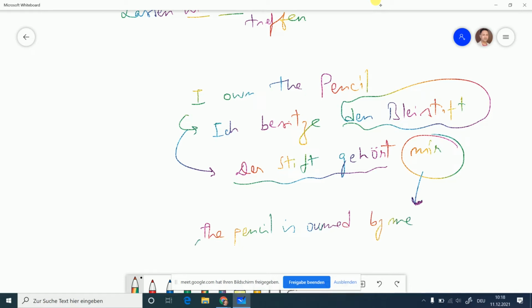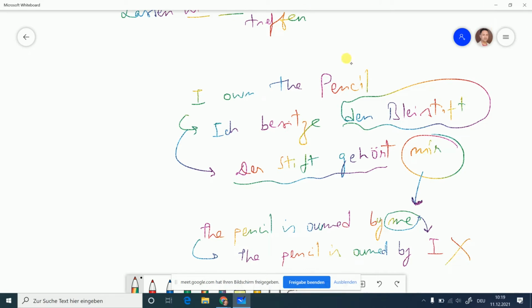Now you probably have already known this. I will not be writing in English the pencil is owned by I, right? So this is a wrong sentence. So invariably, unknowingly, we are using cases in English as well. If somebody asks you why I'm using me and not I, then probably you will start scratching your head. Why is it so? This is because of the cases that we have not exclusively learned in English, but they are always there.